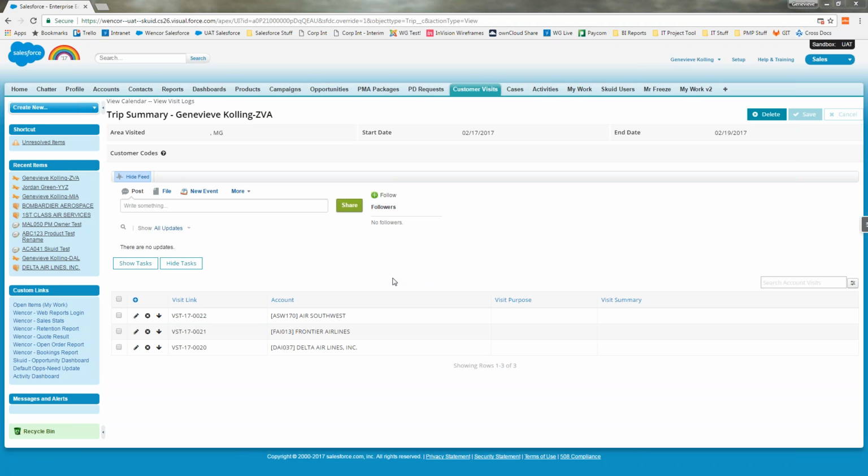So this is the trip, which contains multiple customer visits, account visits. Each of these is a link that you can drill into the specific visit. So if you want to focus in on one particular account, you can do that as well. Or you can just manage it from here. For instance, if you want to hit that down arrow next to one of them,